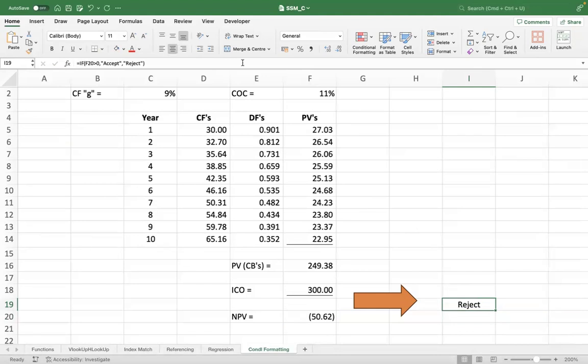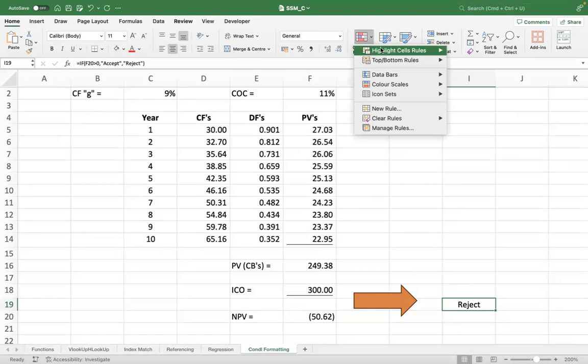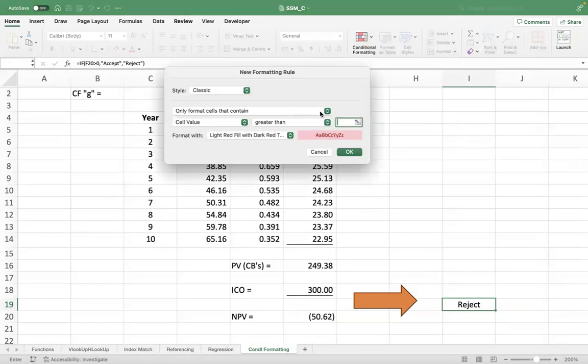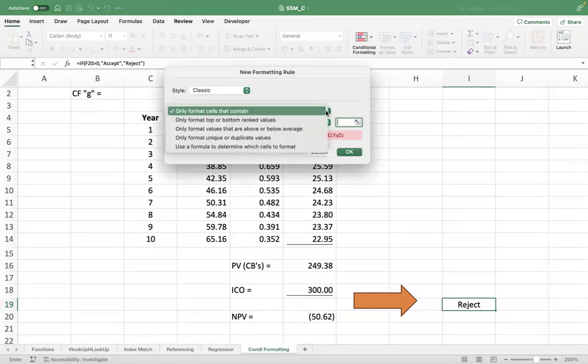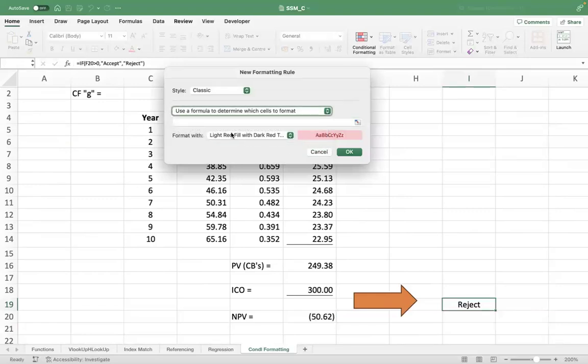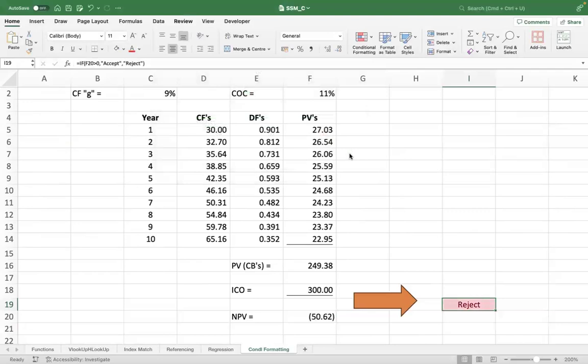Okay? So I will now use conditional formatting. I'll go to conditional formatting and I will take the first one, highlight cells or rules and more rules. I will choose this option, use a formula to determine which cells to format. Remember, it's conditional formatting. So I will use a formula to determine which cells to format. And what will be my formula? As long as this cell here, if this is equal to "reject" in inverted commas, then I can use the red. So automatically it became pink or red. And I can add